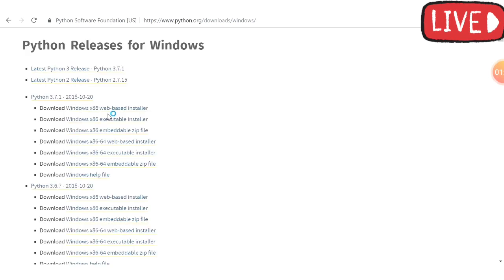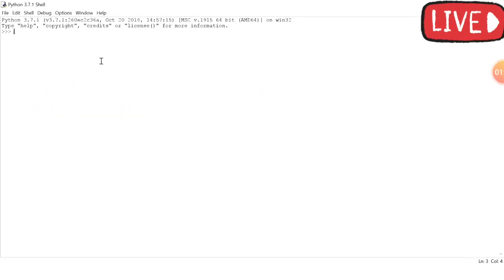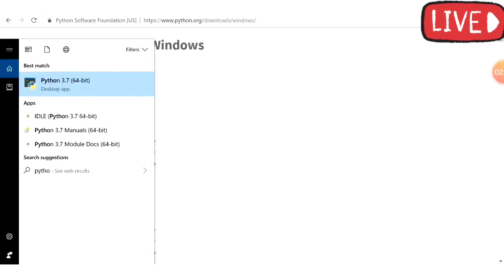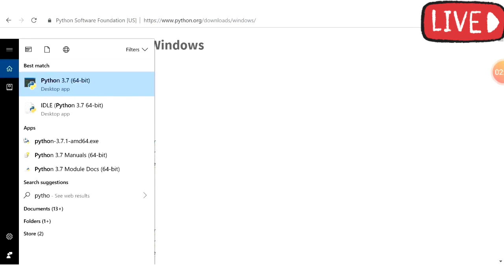Let's test this out first. Now, this is not the typical place where you program, but you can have one-line commands here. To test this out, I'll just have a print command. And enter. So hello world is printed. This is working fine. Now there's also a command line interpreter for Python, which is Python 3.7 64-bit, that opens